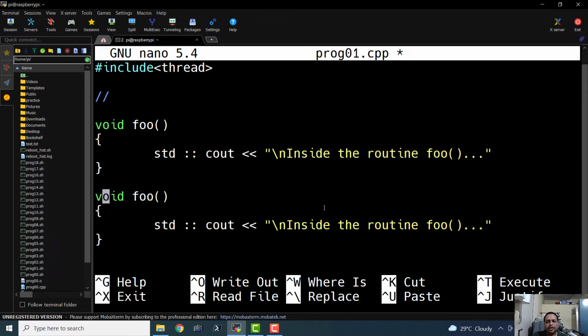Now let us define another function known as bar, and let us make it accept an argument of type integer. So inside the routine bar, int x.